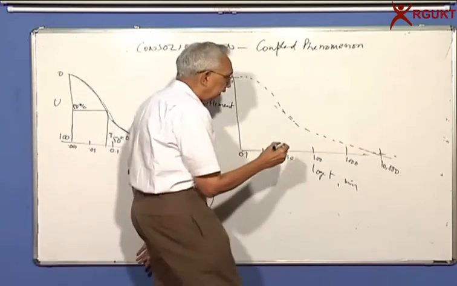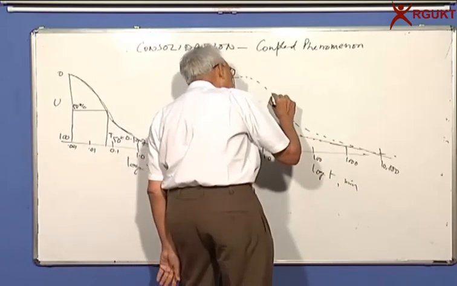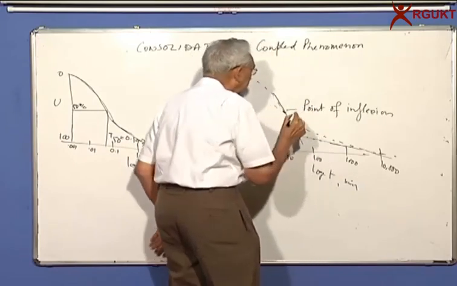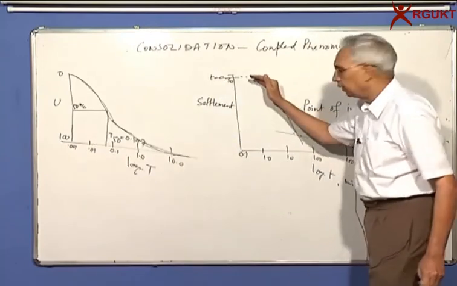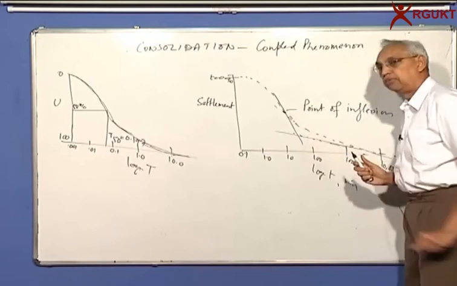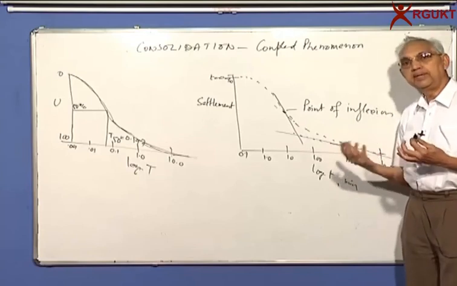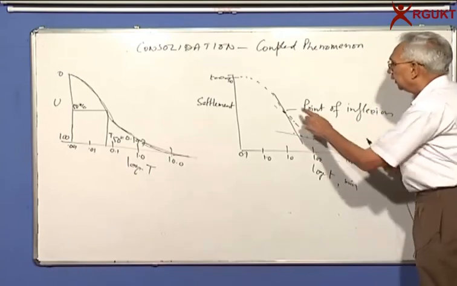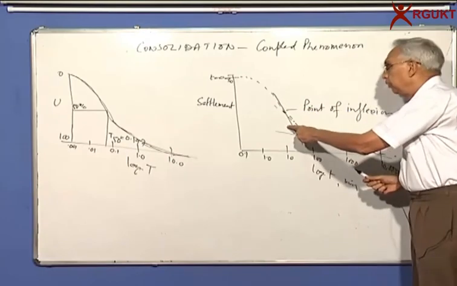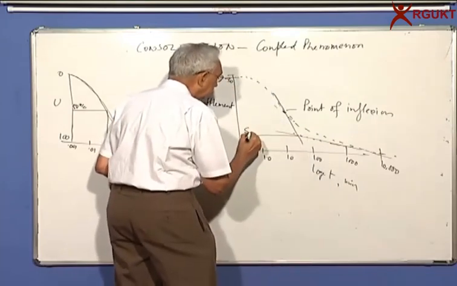We'll come to that in the next class. What we do is extend this line back here and draw a tangent to the point of inflection. What is this point? You can see that above the point, the curve is concave downward. Below the point, the curve is concave upward. The curvature changes at this point, which means if I draw a tangent, this tangent is to the right of the curve above and to the left of the curve below. If I do that, I get what you call S 100%